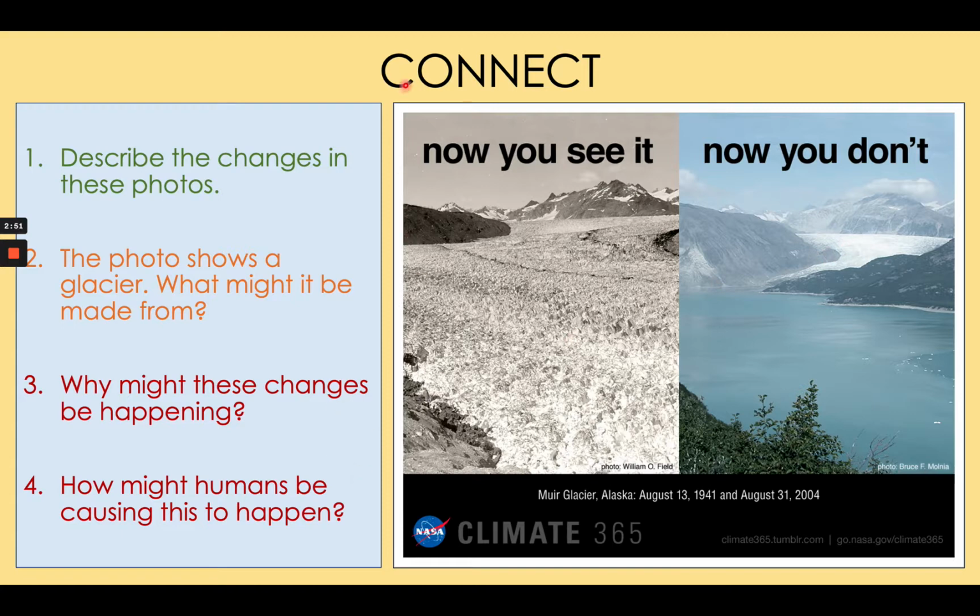4, how might humans be responsible for this? Well, if you knew about this already, you may have said that humans are releasing greenhouse gases, which are causing the atmosphere of the world to get warmer, and that is responsible for these processes that you see in this photo. So, over the next series of lessons, which will complete our study of natural hazards, we're going to explore